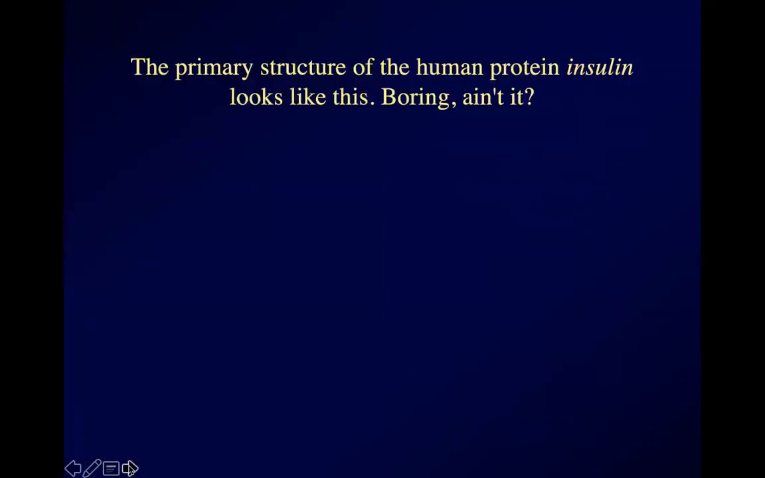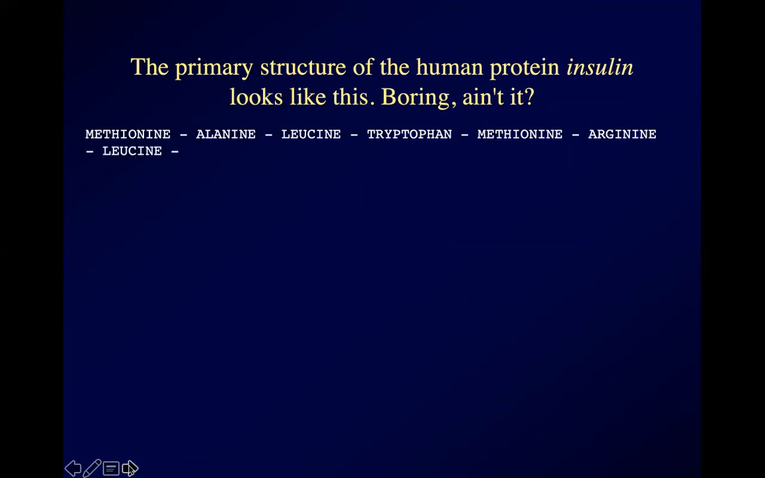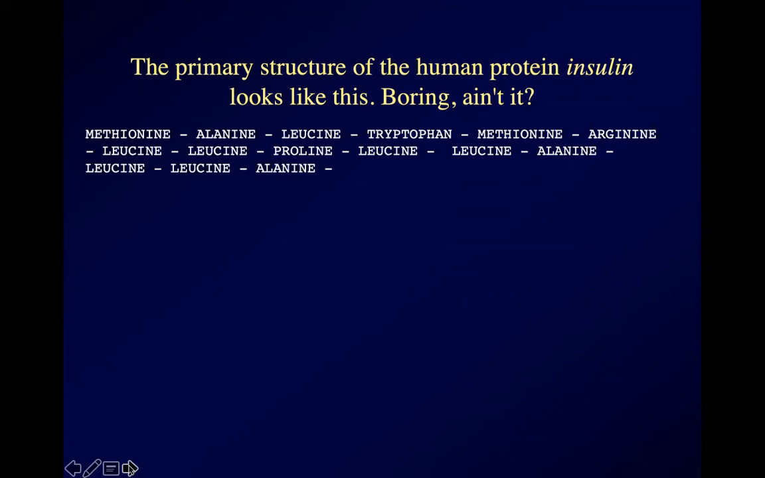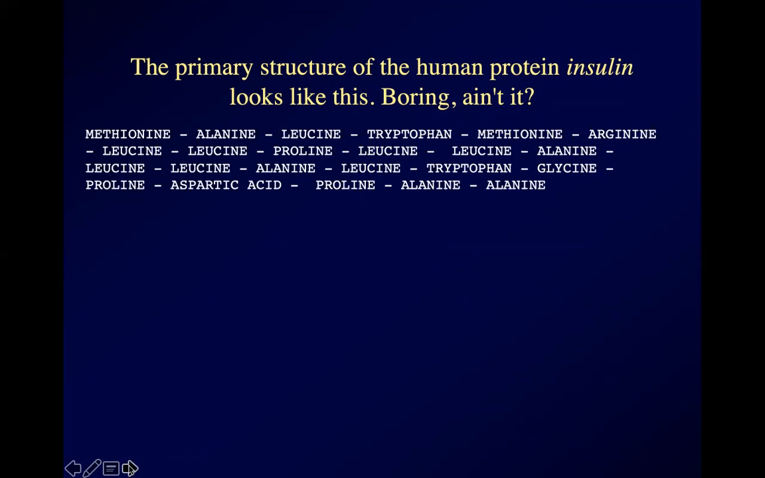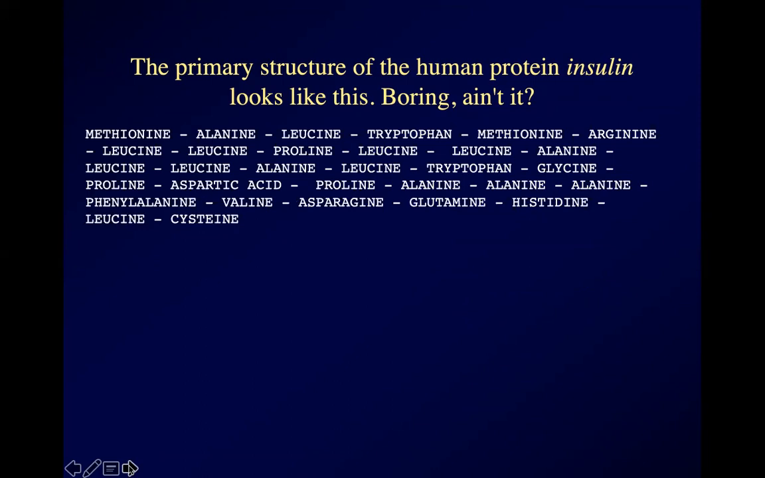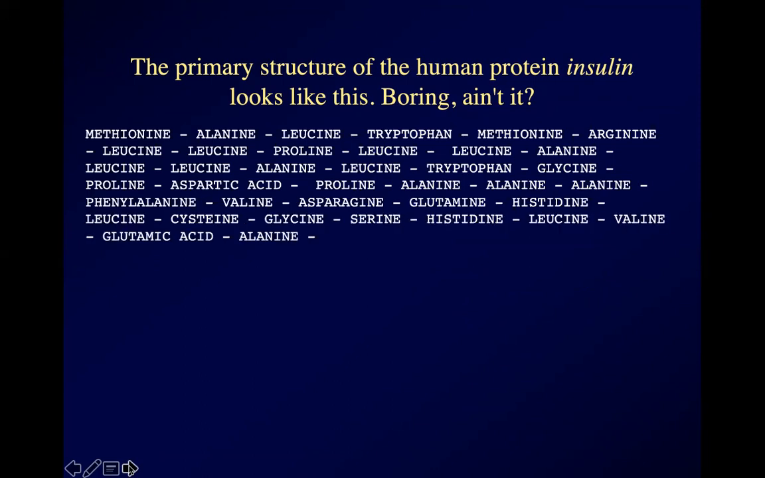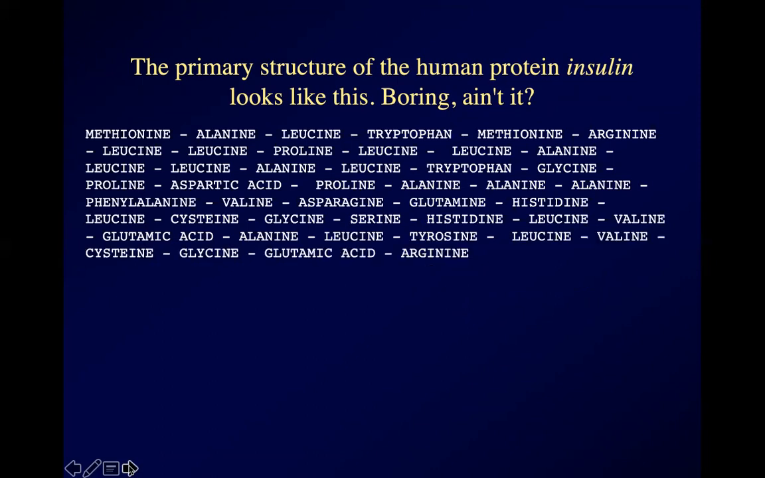And here's the primary structure of the human protein, insulin. You start with the amino acid methionine, and then there's an alanine, and then comes a leucine, and then tryptophan, and then another methionine and an arginine, and then two leucines and a proline and another two leucines, an alanine and two leucines, an alanine and a leucine and a tryptophan and a glycine and proline. And this is boring as hell. But even though you certainly don't have to memorize this, it ultimately matters,